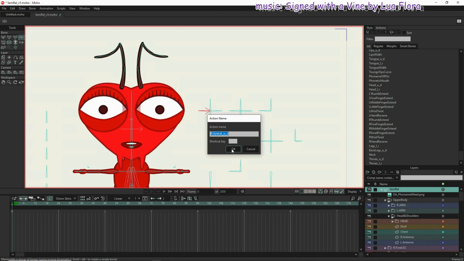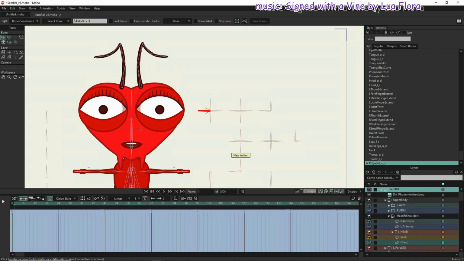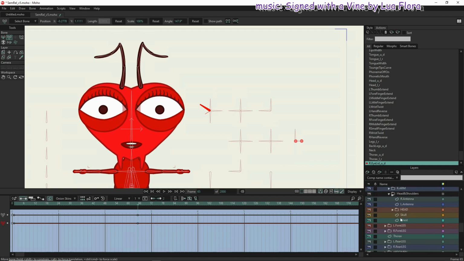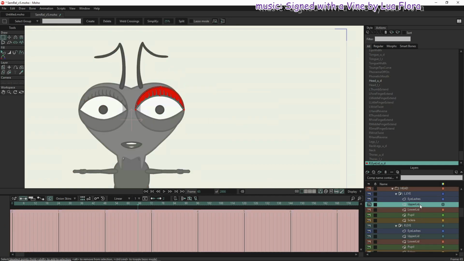So right eyelid up and down. So first position is going to be down. We're going to bring this all the way to the middle. We're going to jump to 65 and move it all the way to the top. And then we're going to go into the skull and the head and to each of the eyes, and we're going to go to the upper lid first and correct eye,